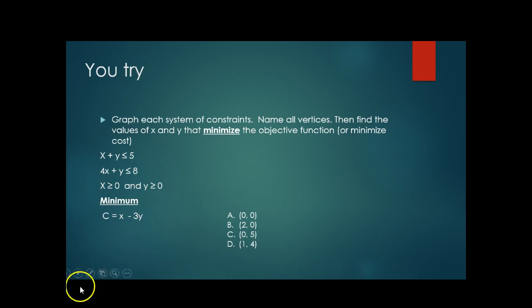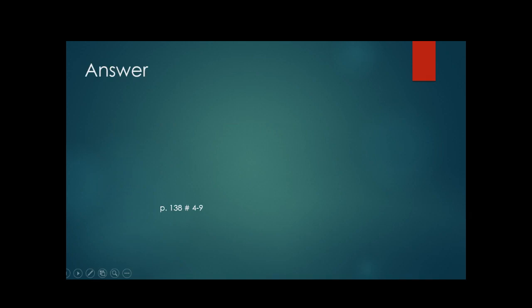Go ahead and finish that, pause it now, and when you're done, move on. Okay, for further help on these problems, you're going to be on page 138, numbers 4 through